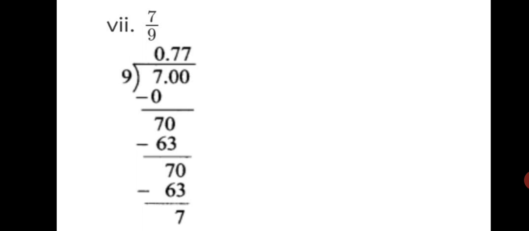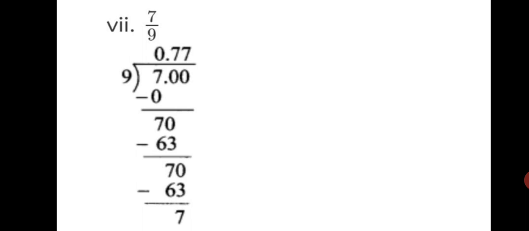We write down minus, from 70 you get 7 again. So another 0 you bring down. 9 7s are 63. Again 7 you got. That means the remainder is going to be always 7 now. Okay. And 9 7s are 63 is what you are going to operate. So instead of going on operating it, we are going to write down our answer as 7 upon 9 is equal to